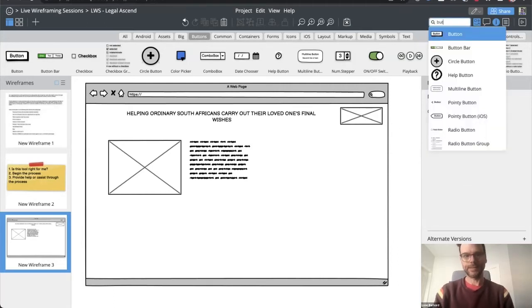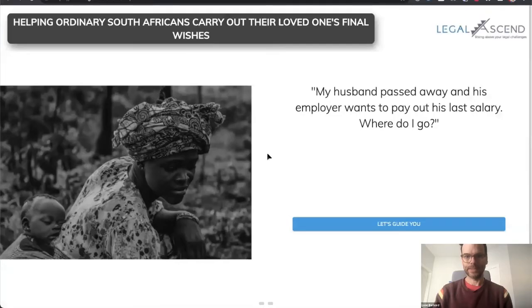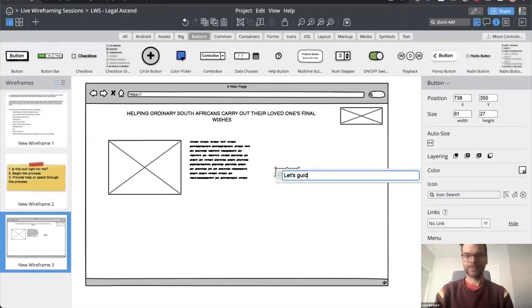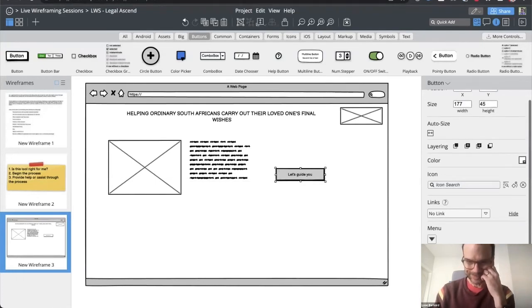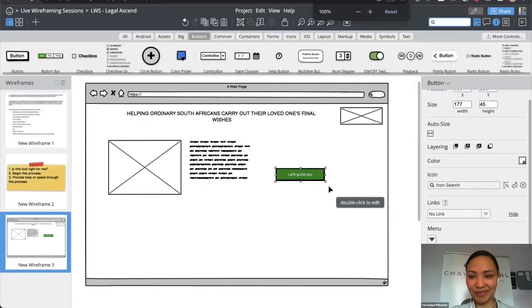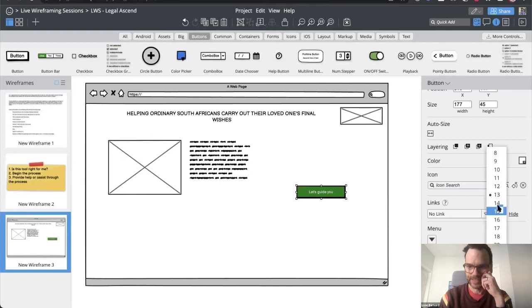So, let's see. What do we say? Let's guide you. And we're in very early phases of this, so I'm just kind of thinking out loud a little bit here about what we might be doing here. So I think we're going to maybe have that. We have to have this call to action somewhere, and then